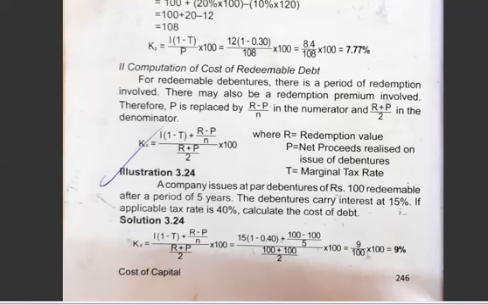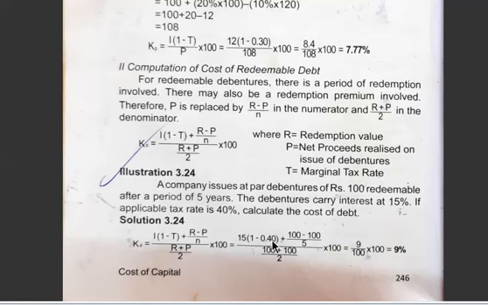Okay, 9% is the interest, 9% interest. Okay, so this is how you have to calculate the cost of redeemable debt. That is, when the number of years and rate of interest are given, then we have to use this formula and calculate. If how it is redeemed is not given, it means it is redeemed at par. So that's why I have taken 100. Issued, it's already given at par, so 100 divided by 5. First what you have to do is, first 15, 1 minus 0.40.